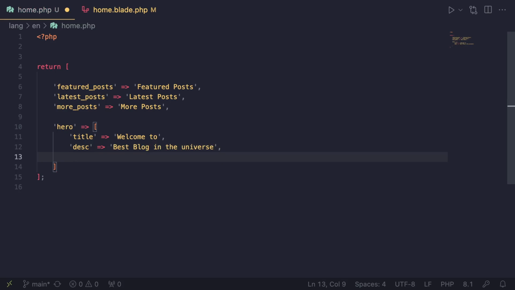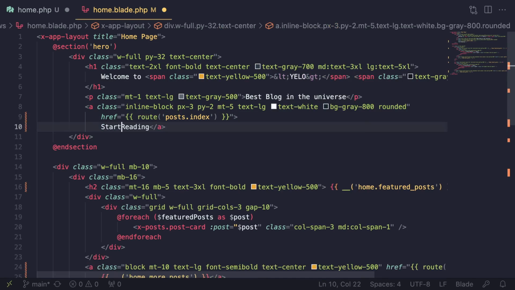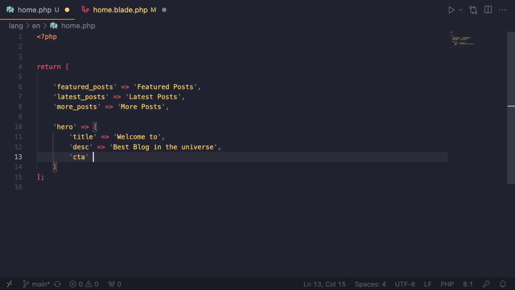And then last but not least, we have CTA. So I use CTA to refer to call to action. Basically, anytime we have a button in a header or in a hero section or in a card, it's generally referred to as a call to action button. So I'll just go ahead and use that as well. So for this one, I'll do something like this, okay? So now that we have defined this in an array,